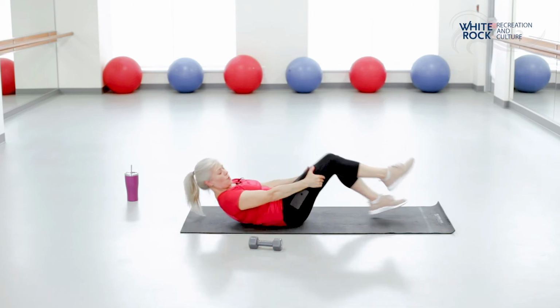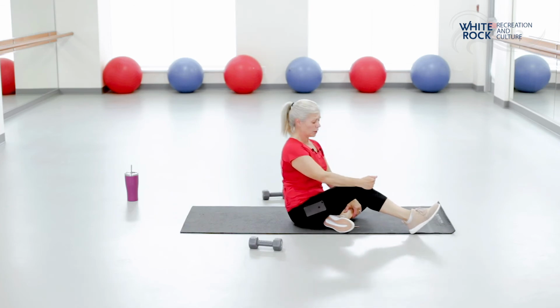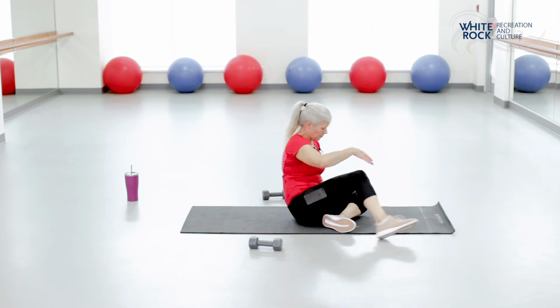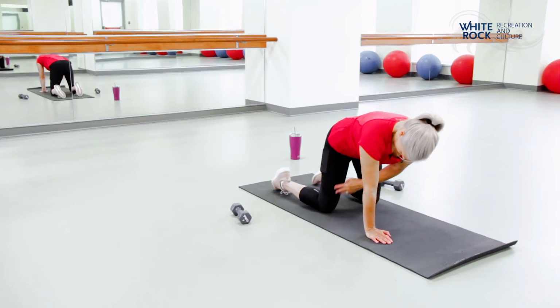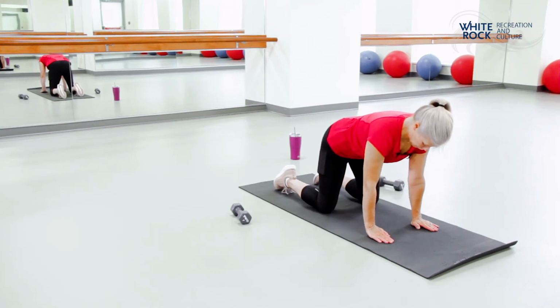From here, we're going to turn over onto our front. We're going to be on all fours. If you're not comfortable being on your hands and knees, feel free, you can do this with the chair instead or next to a wall. What it's going to look like, we're going to be going into a bird dog pose. So you want to have your knees right under your hips, wrists under your shoulders, and shoulder width apart with